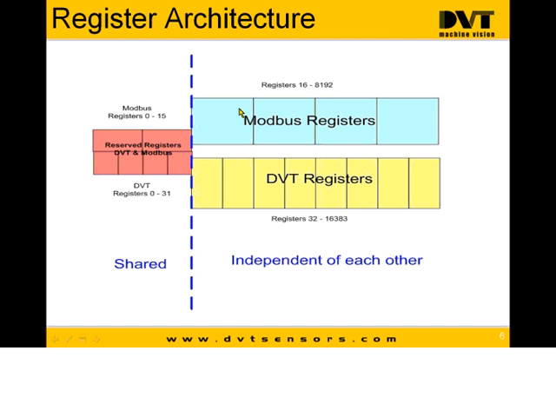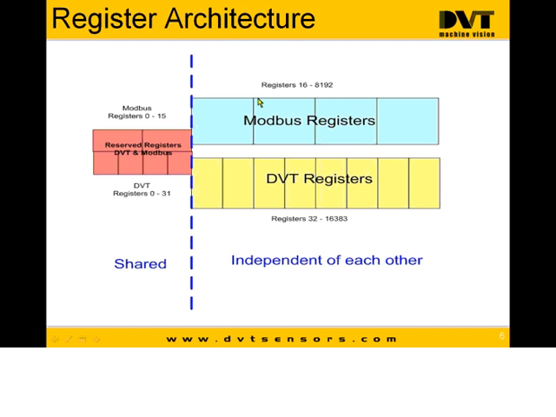Here we've given 2 different parts of the memory, so the Modbus registers are completely independent of the DVT registers. So if you were to store something in Modbus register 16, you could not go into DVT register 32 and access that data. They're not shared,